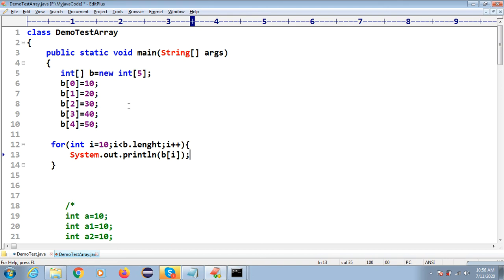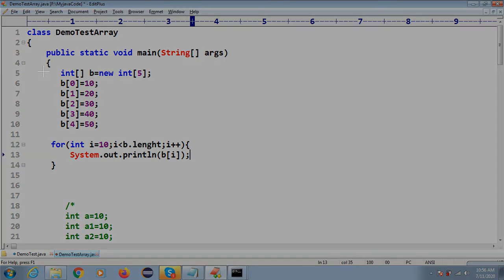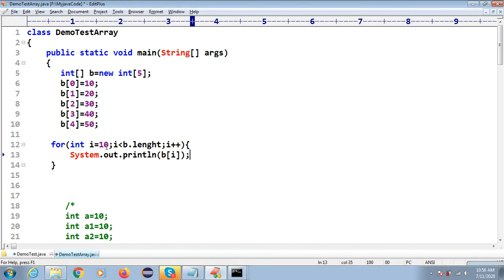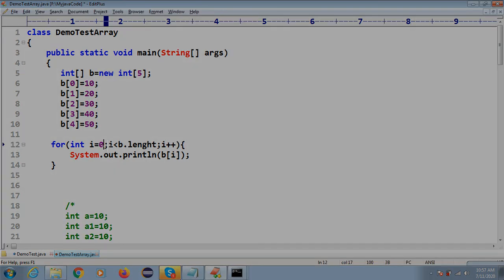So now the question is how we will get the output. What happened, how does this for loop work? This is your initialization part, this is the for loop, and this will check the condition, and here increment and decrement. So these are the three parts inside this for loop. I have to give a 0 value here, right? Index is starting from 0.